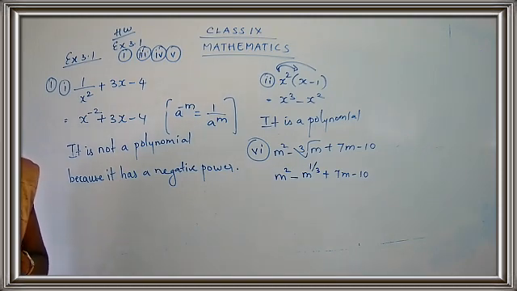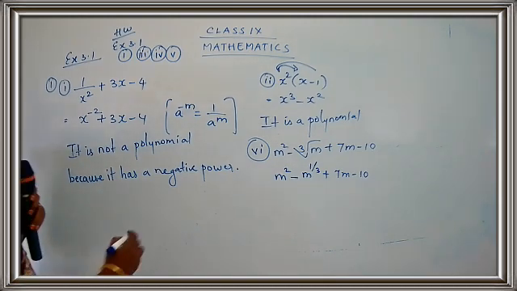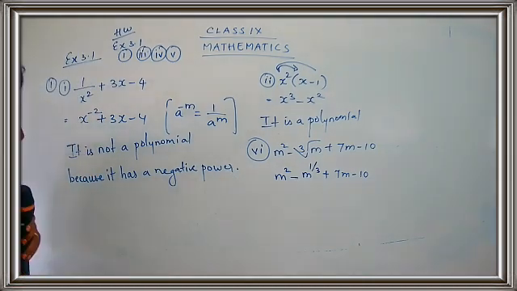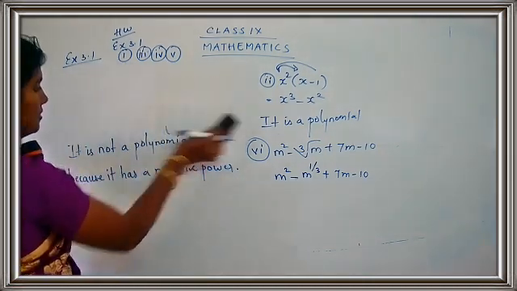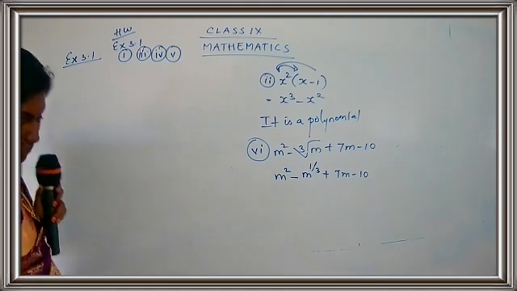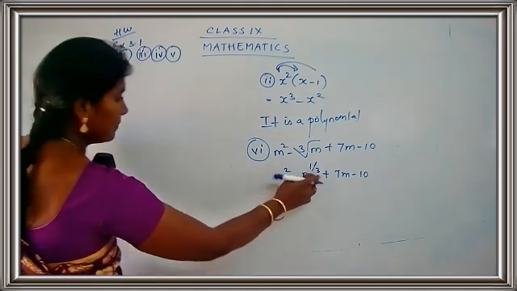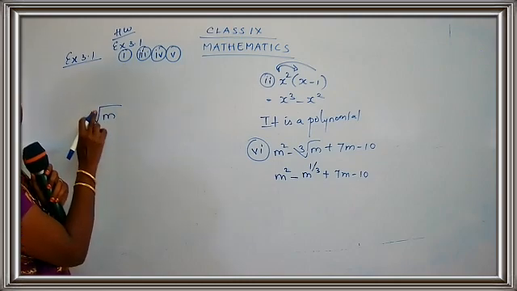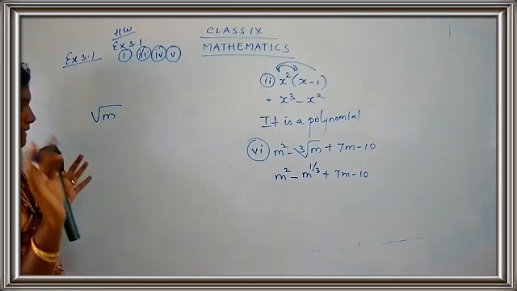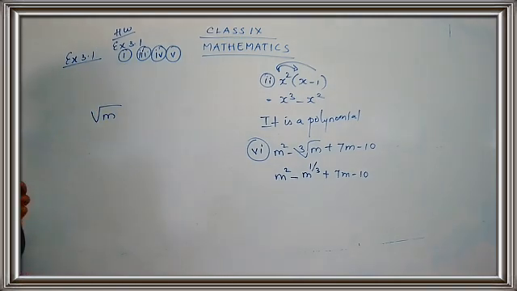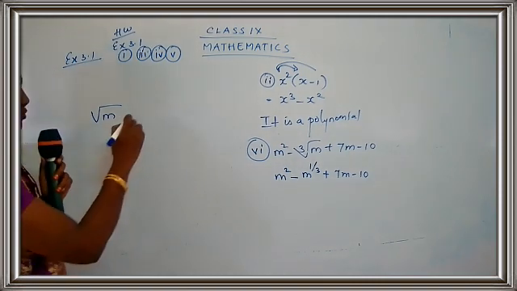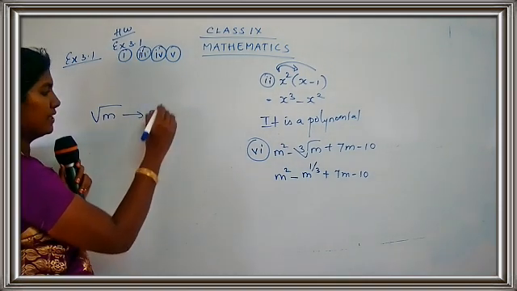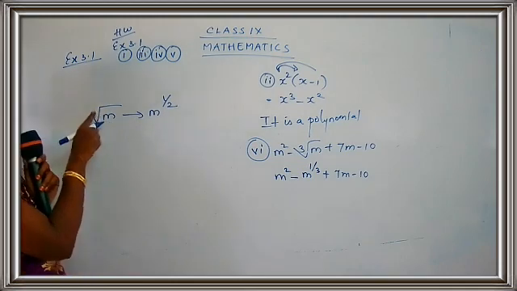The first subpart, you can just refer to your first subpart. It's root 3. How to write root 3? Just see. If you have root of m, I'll write it in terms of m, so you should not get confused with this part. 1 by 3 only, that's correct. So if you have a root m here, what is the number present in the index? 2. If nothing is mentioned in the index part, it should be taken as 2. So this will be written as m raised to 1 by 2 because 2 is present here.